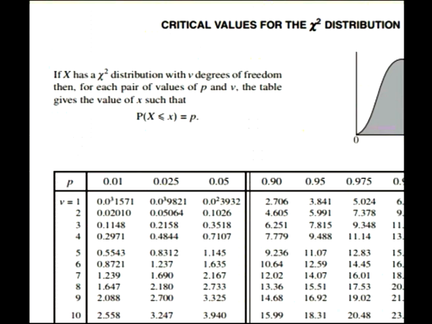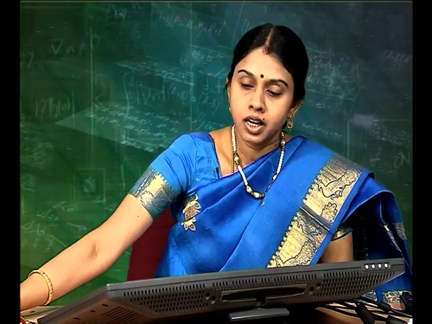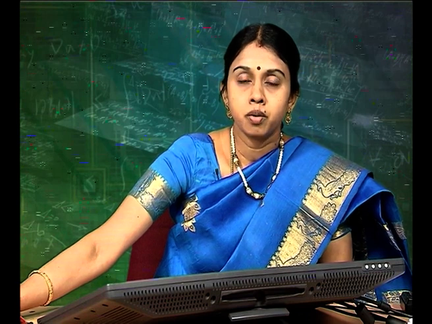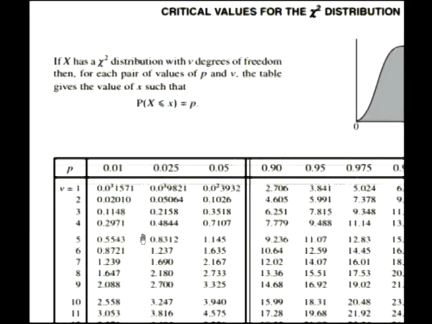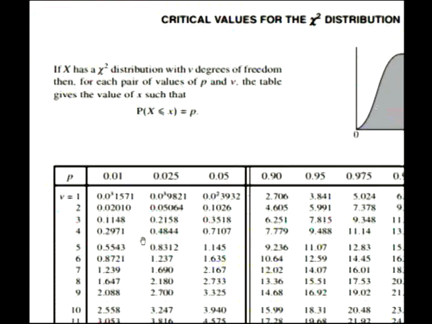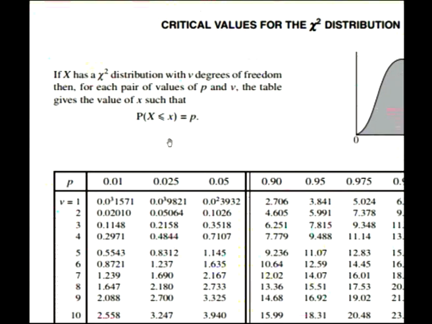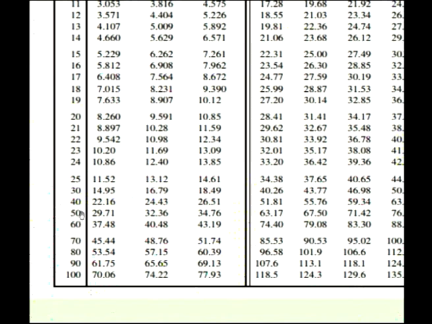Actually, one more discussion has to be done, that is this is actually a one-tailed test. The problem we are discussing is a one-tailed test, and this particular chi-square value is given for a two-tailed test. Therefore, we have to take 0.025 values, that is 0.05 is there. For one-tailed conversion we have to divide it by 2. Therefore, the calculated value will be for the corresponding degrees of freedom, 40 is